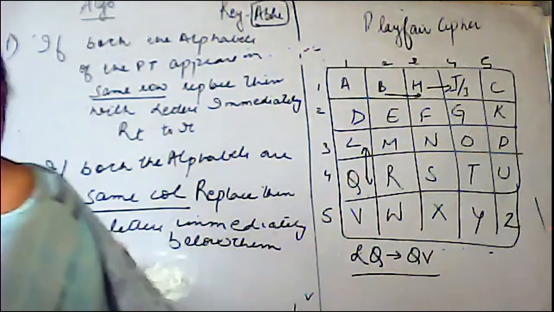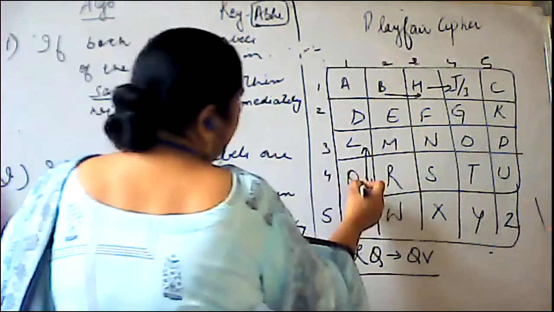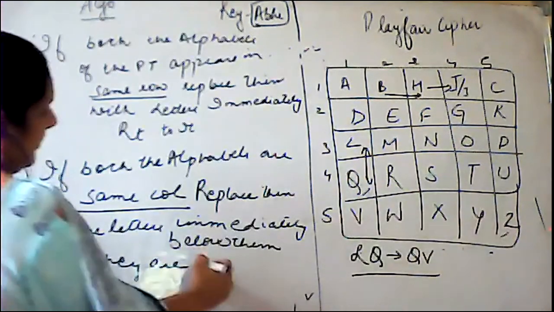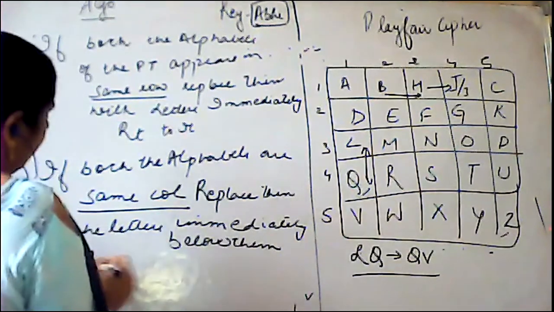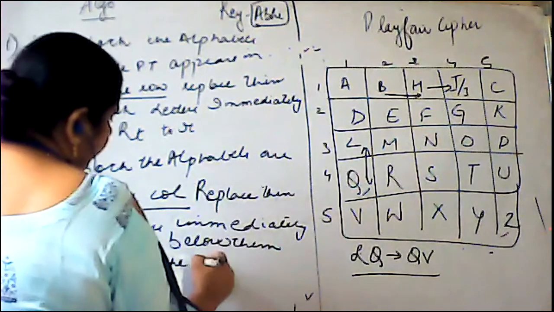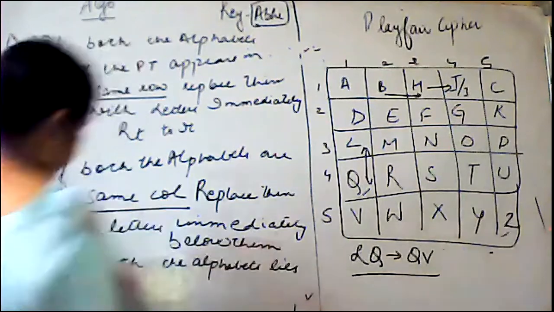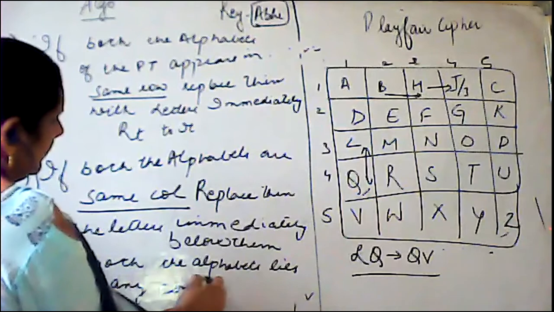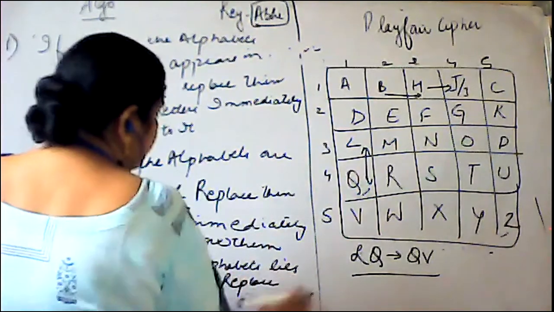If they are on the corners, supposing Q and Z, if both the alphabets lie on any corner,